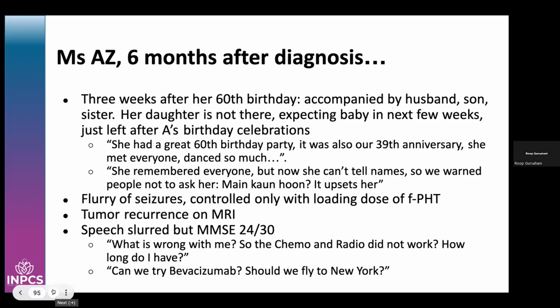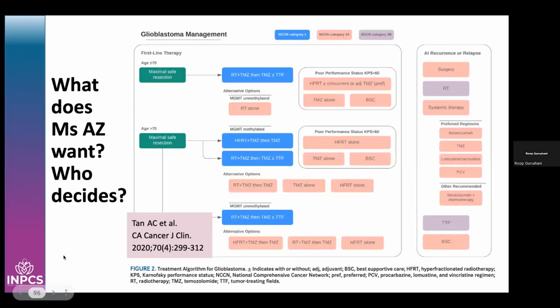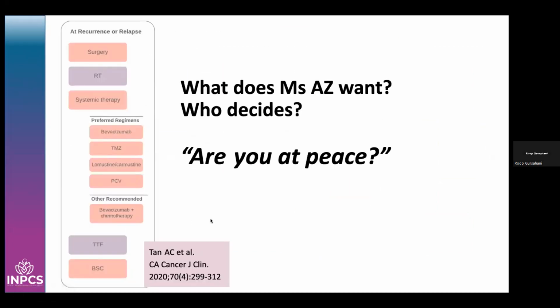Now the thing about this treatment, about this tumor, is that we knew that systemic therapy was unlikely to work too well. So at this point, we have to actually discuss with the patient and family what they would want and who would make these decisions. So, as is